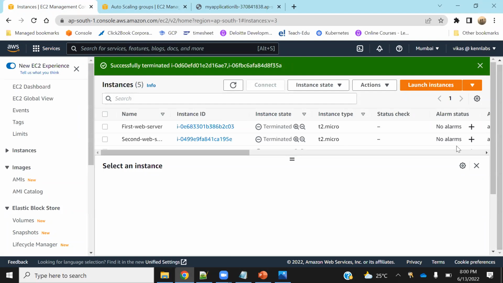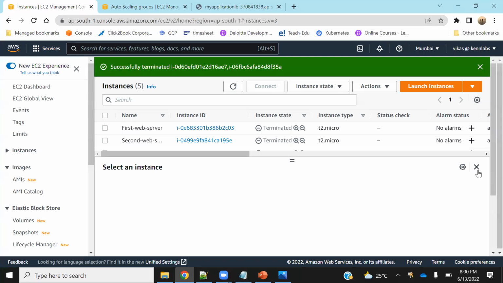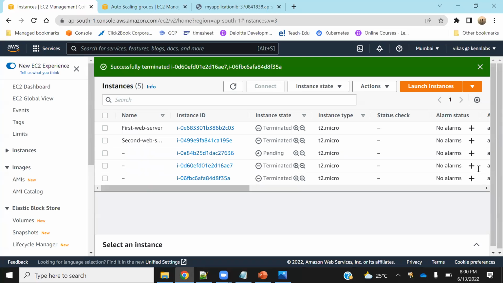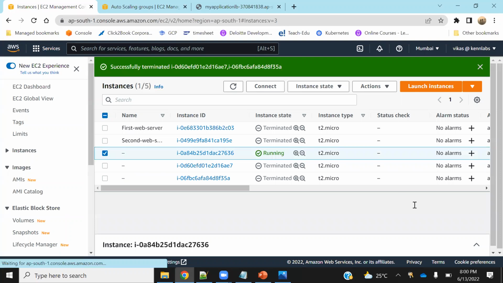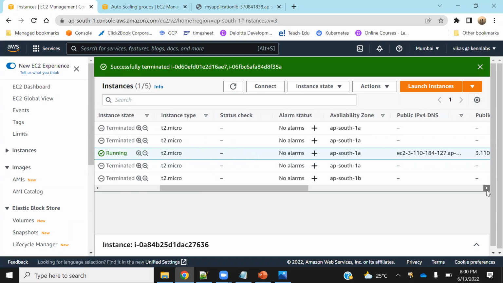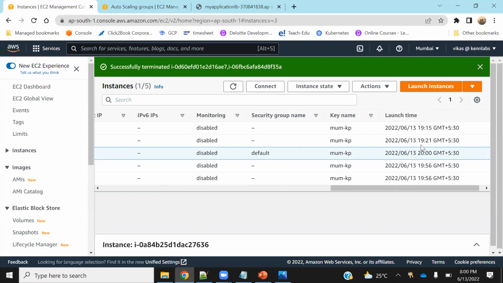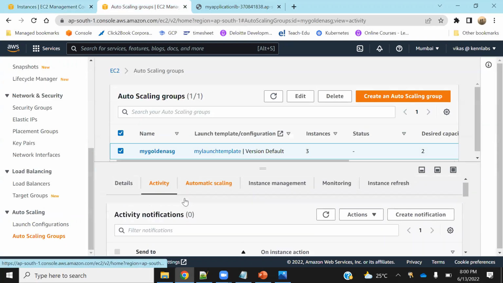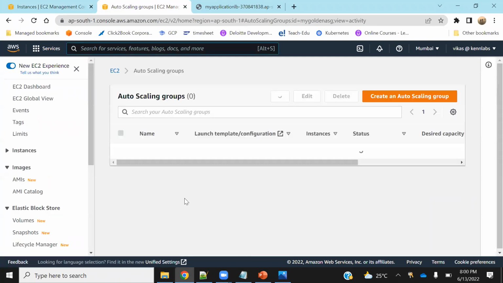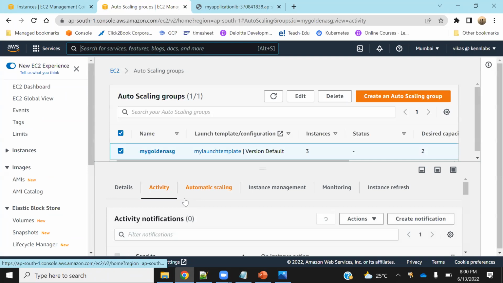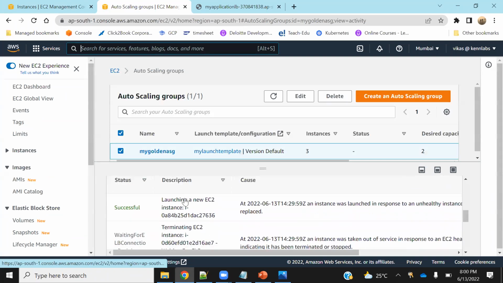Let me just show you from where it came up. See, this came up pending. 2000, just now it came up. After some time, you will see one more will come up. So basically, at any point of time, there will be 2 instances running. And if the workload increases, it will increase and go till, see here,